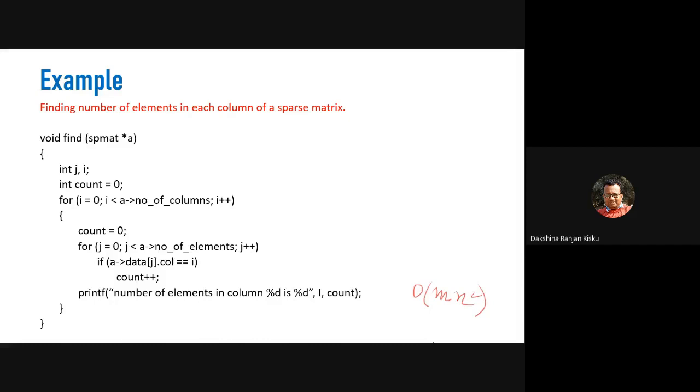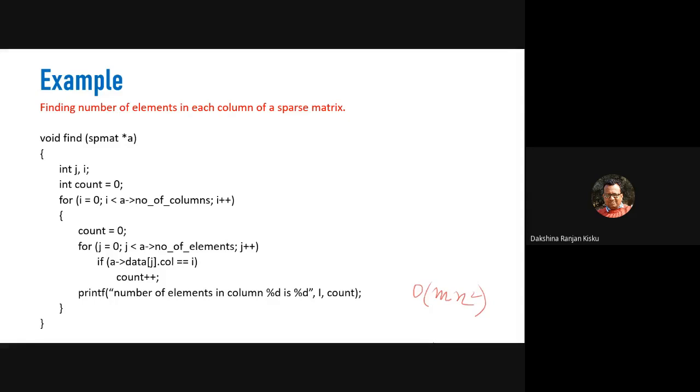The dimension of the sparse matrix is m by n and p is the number of non-zero elements. So the number of comparisons will be p into n.